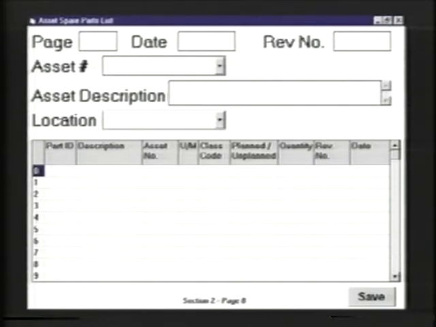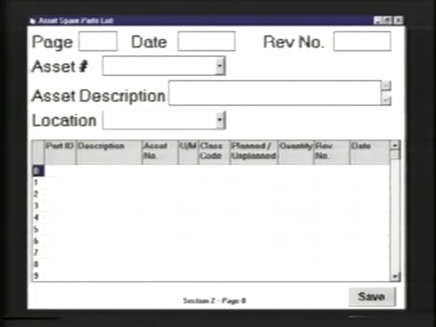If it's planned, you would put a P. If it's unplanned, you would put a U in that column. So you could see we have the opportunity to kind of narrow that particular column. And if the spare part was used for both planned and unplanned, then we would put a P/U, which would indicate to the individual looking at this particular screen capture that that specific part number is used for both planned